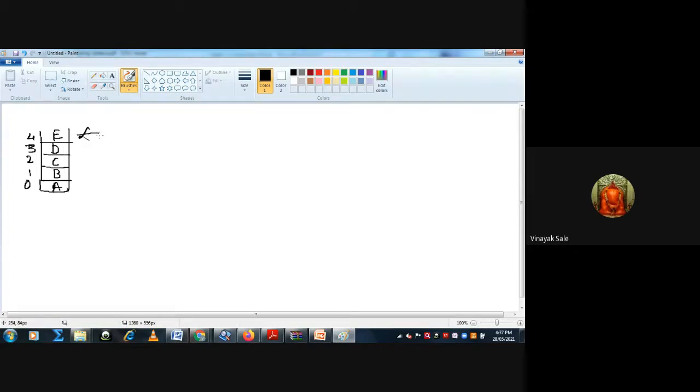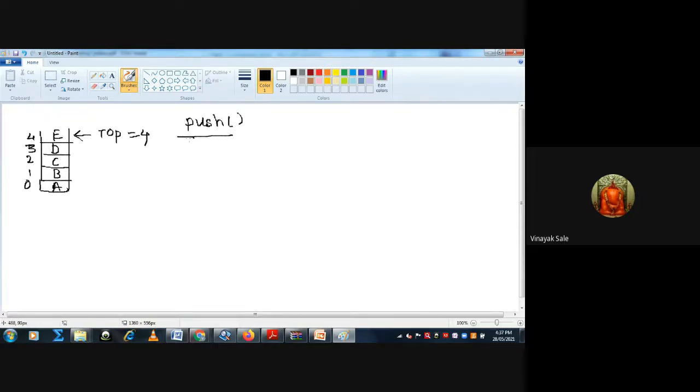Here top is equal to 4, and you want to insert a new element, so the push operation.